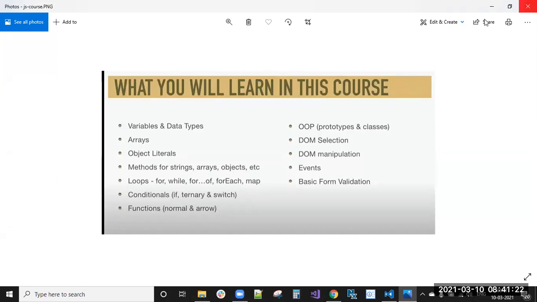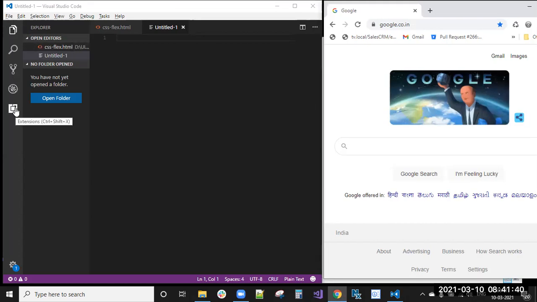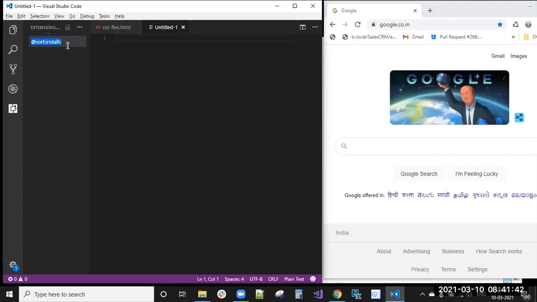Next, to write JavaScript code, every time we write the code we go to the browser and refresh, right? So from now we will use one simple extension. We'll go to the Visual Studio Code extensions. There you will see Live Server.